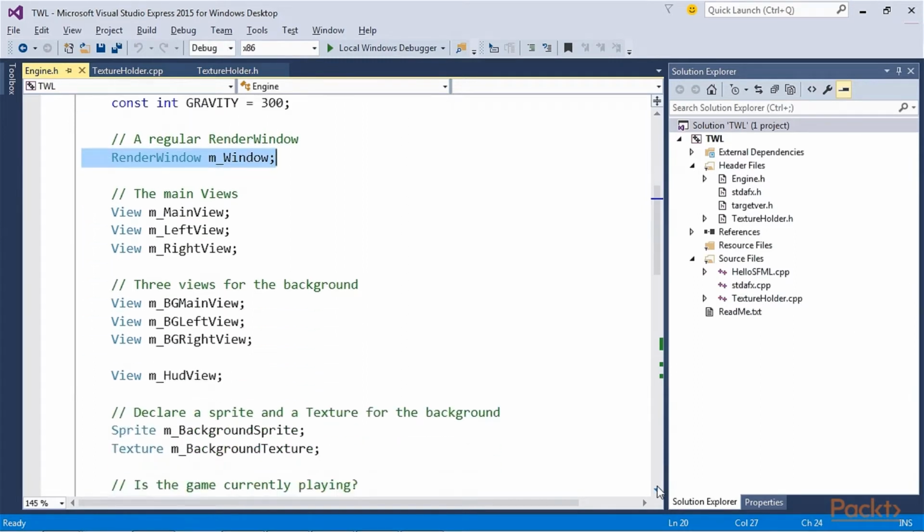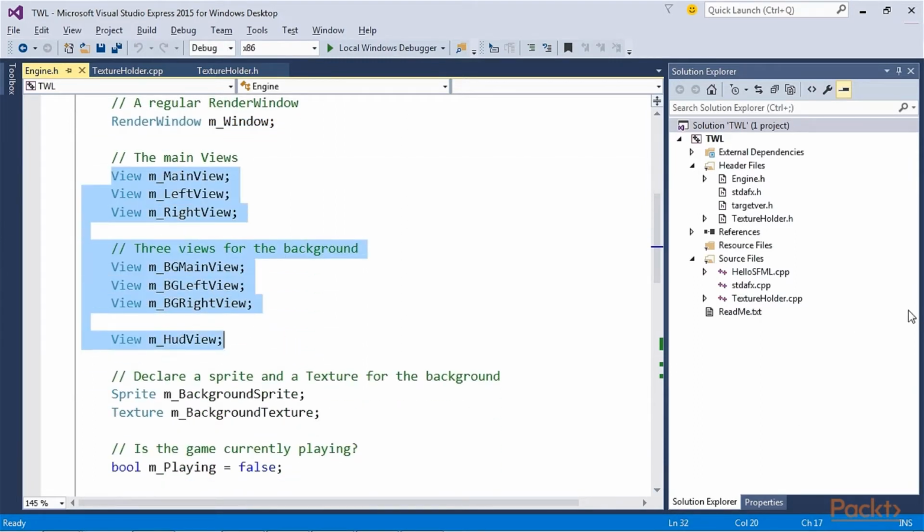Look at these SFML view objects: m_MainView, m_LeftView, m_RightView, m_BGMainView, m_BGLeftView, m_BGRightView, and m_HUDView.